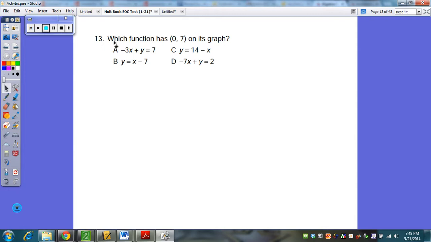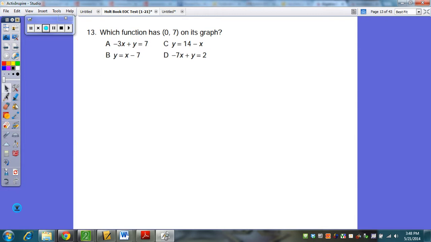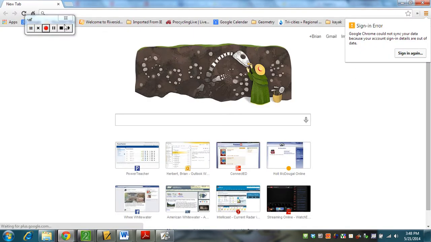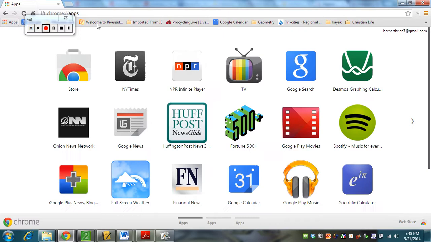those are still both the dependent variables. So if we're looking at which function has 0, 7 on its graph, that means that if I plug in, let's take b for example. We have y equals x minus 7. Okay? So if we have that, what that's telling us is, let's see, if we were to take,